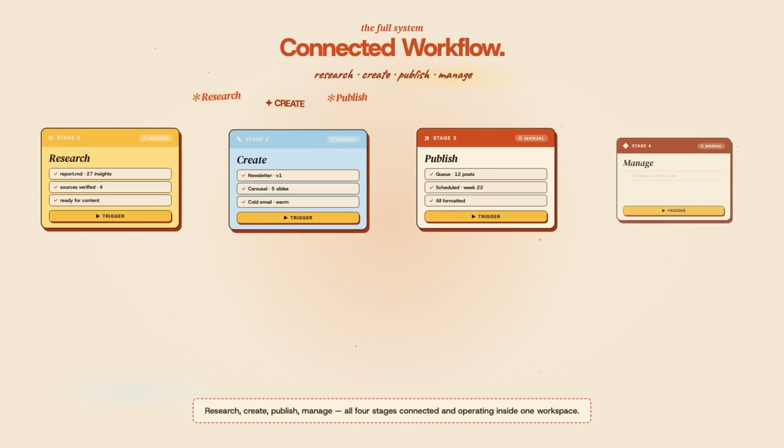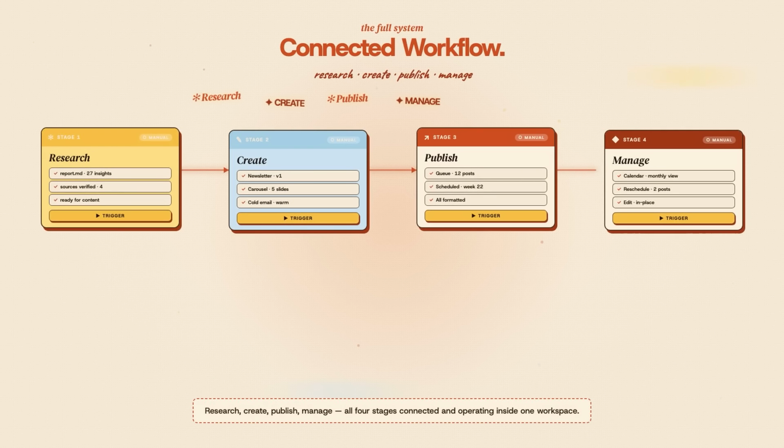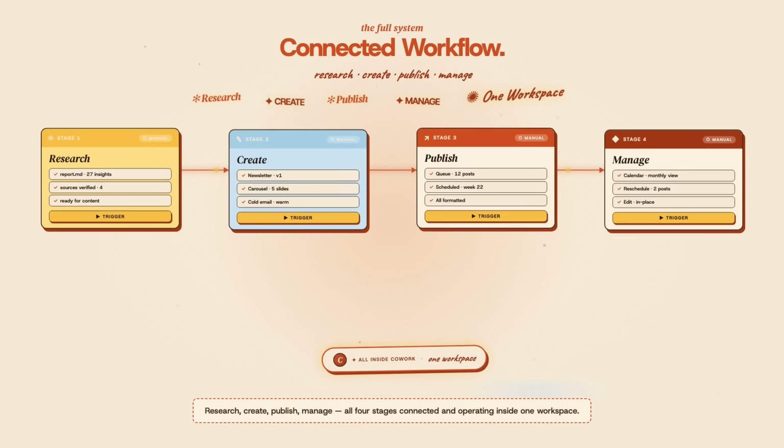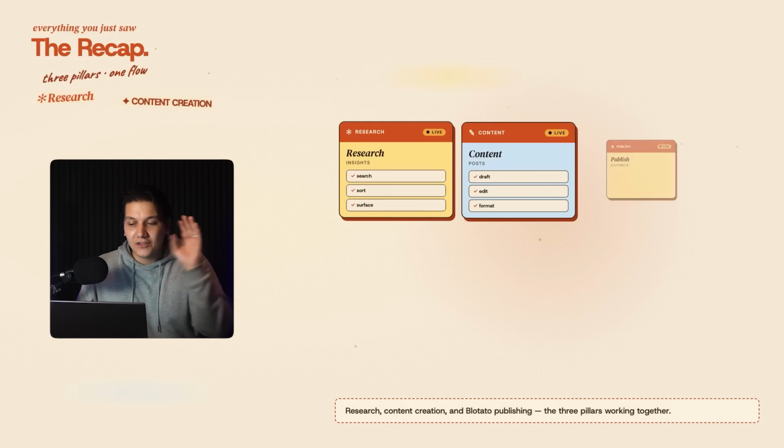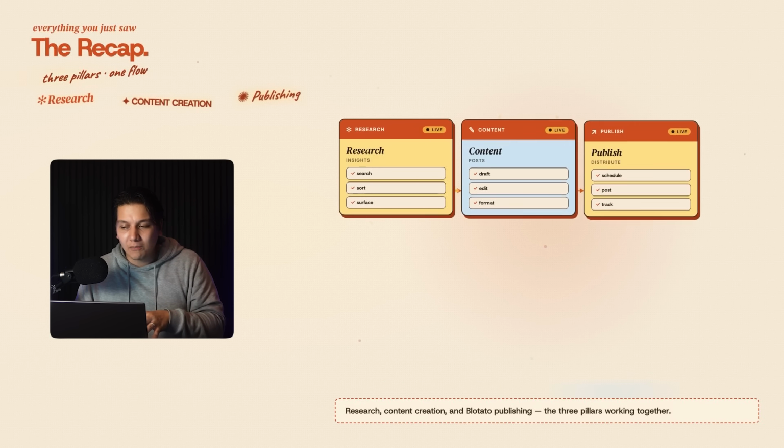Research, create, publish, manage, all inside Cowork, all in just one workspace. And now let's make it run without you. Let's make this even better. So everything that you just saw, the research, the content creation, the Blotato publishing,